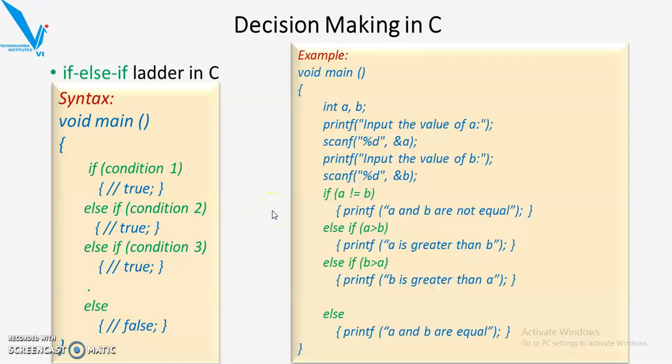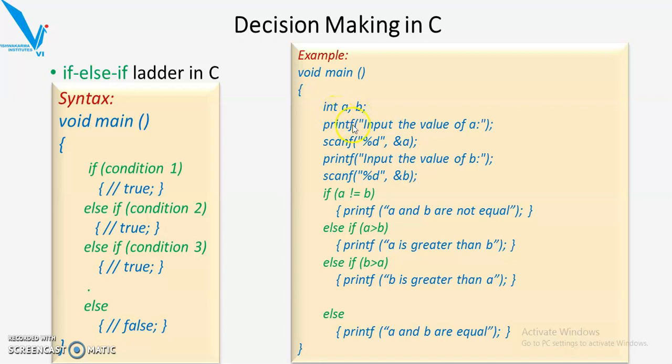We'll see the example. In this example we have two numbers, A and B, and we are finding which one is greater, or whether A and B are equal or not. For that, first we have a declaration statement. When we write int A comma B, this is a declaration statement, so we are first declaring the variables A and B, which are of integer type.